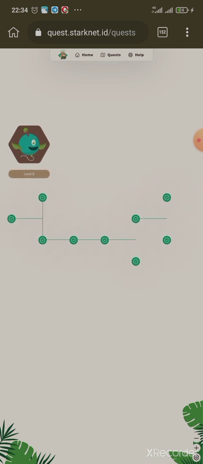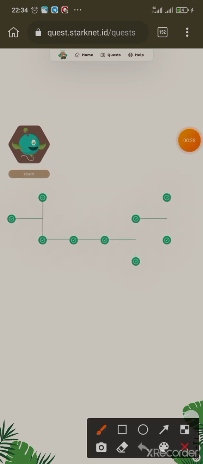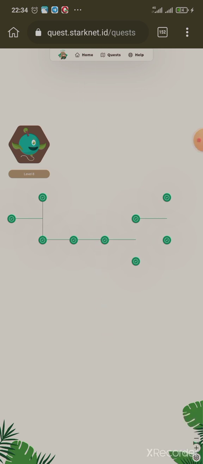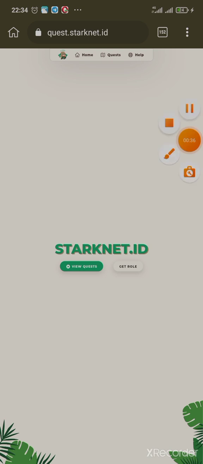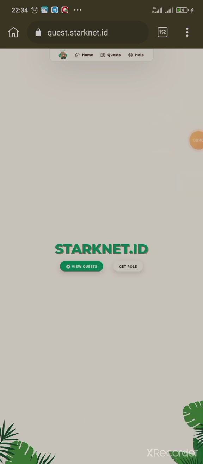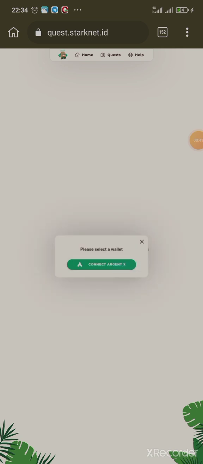So now the next thing is to click on home. Sorry, yeah, when you click on home, you see this place where they have get a role. So now click on that get a role. When you click on get a role, they will show you to connect your wallet. So you just click on connect, and then